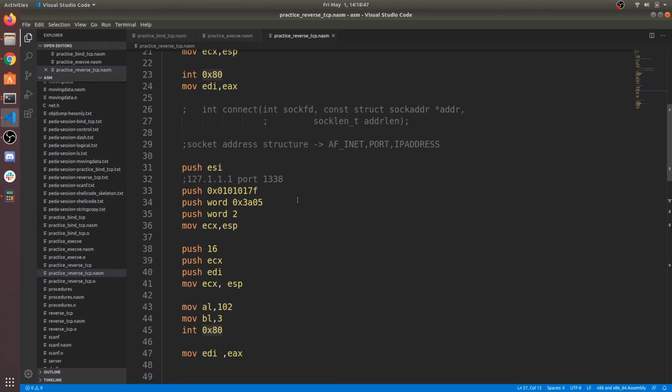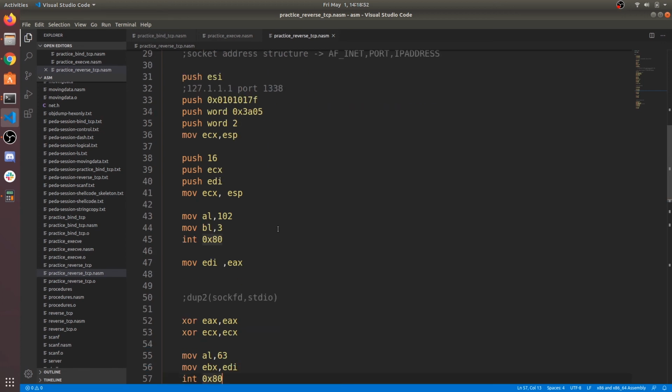I made a mistake. I stored the return value of the connect function, which is the status. It overwrote our socket descriptor, which is in the EDI register. After fixing that, now